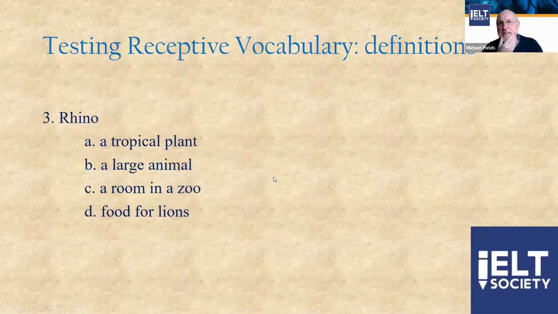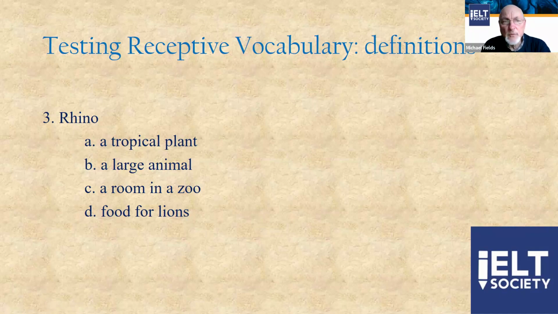So let's go ahead and look at testing receptive vocabulary, some different item styles. This one's very straightforward. I think probably most people are familiar with this. We're just giving a certain vocabulary word and 4 possible definitions. There's no context whatsoever. Of course, only one of them is the correct definition, but all of them should be plausible, right? So in this unit, we might have encountered the word rhino in a unit on wild animals and zoos, or something like this. So we give these 4 possible